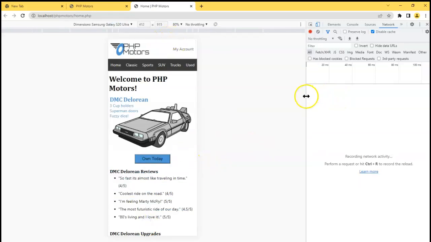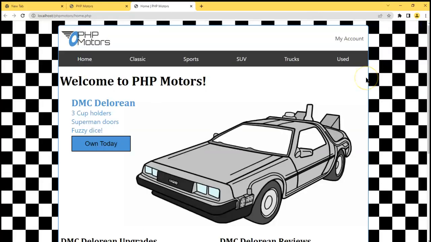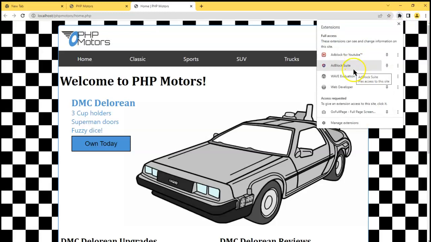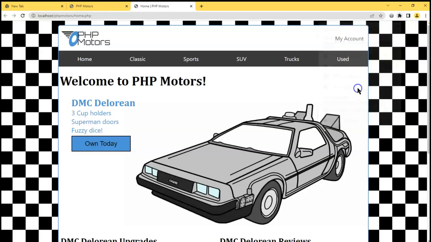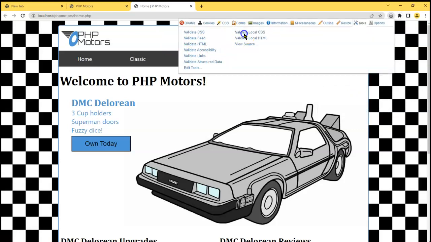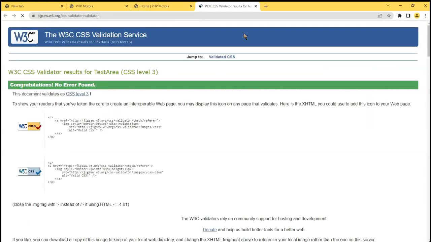Okay, so that's it for the responsiveness. And so I'm just going to go ahead and validate the page to demonstrate that the CSS validation works without errors,